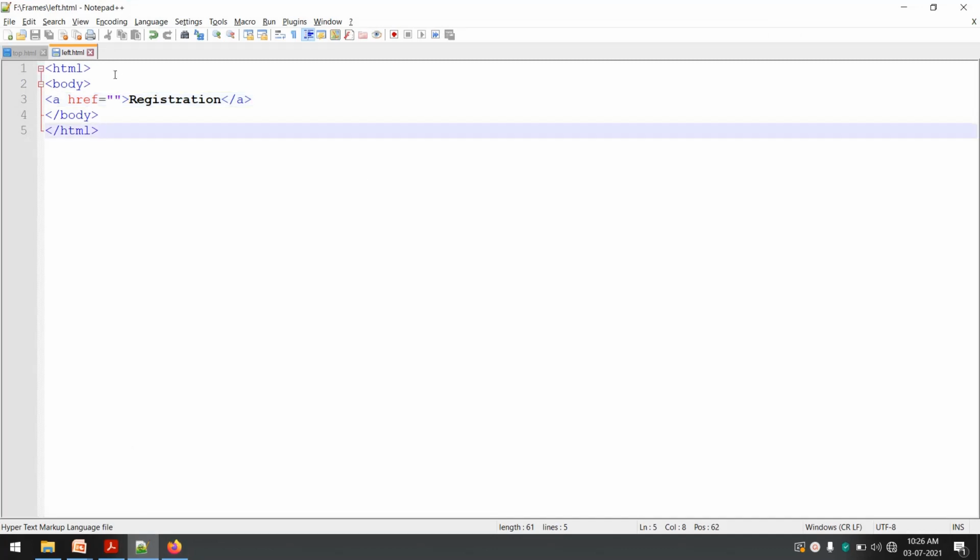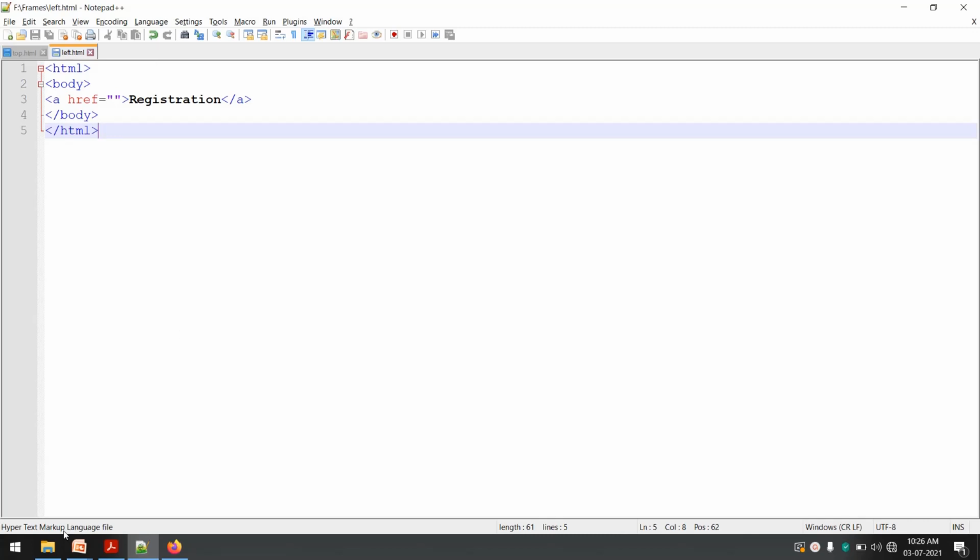Okay. Now you can see we have created a link here. Upon clicking registration, it should open that registration form, but right now the href attribute is blank, so nothing is happening. So what we will do is create one more HTML document now, that is the form.